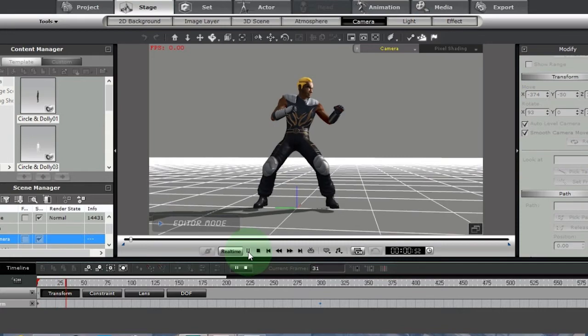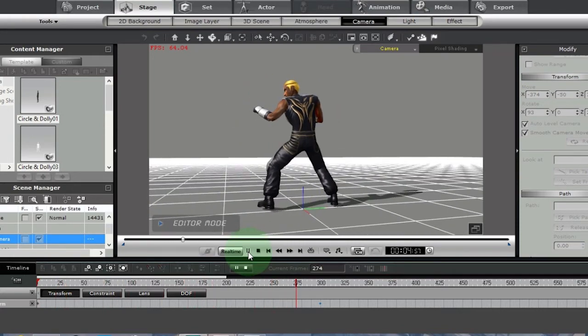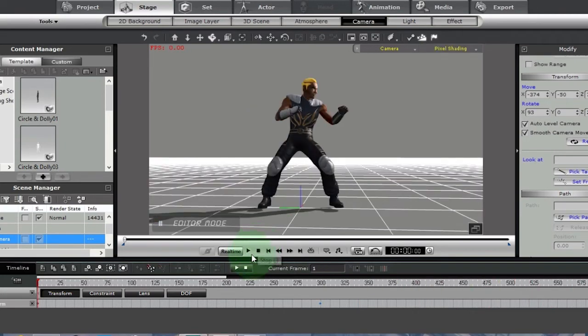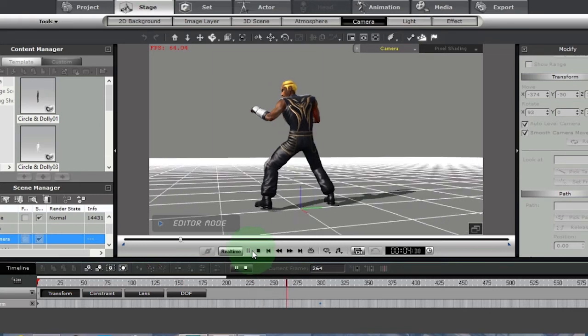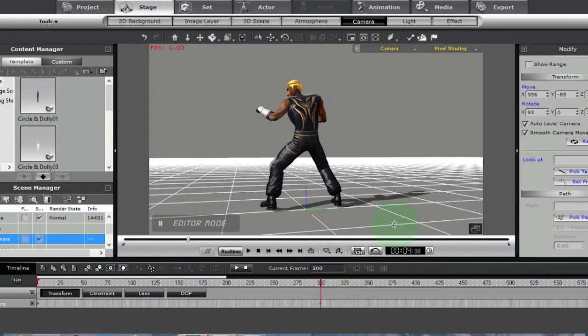And when you play again, the computer program iClone recognizes that you wish to do an orbit instead of going straight across, and will adjust accordingly. Now, that may be sufficient for your purposes, but what happens if instead we want our camera